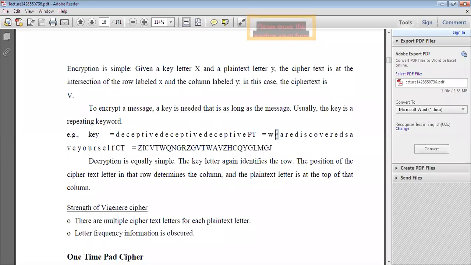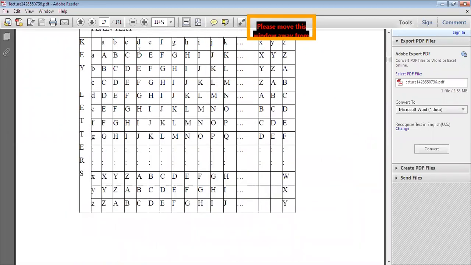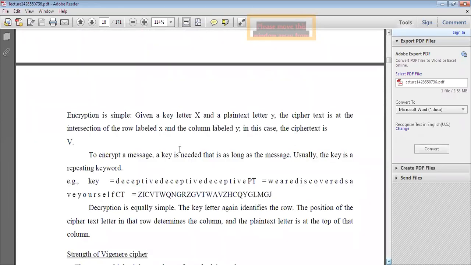Similarly, what is the next letter in the plain text? E. And the key letter is E. Check it here: the plain text is E and the key is E, and you get I. So the second letter of the ciphertext is I. Like this way you check along with the plain text and the key.